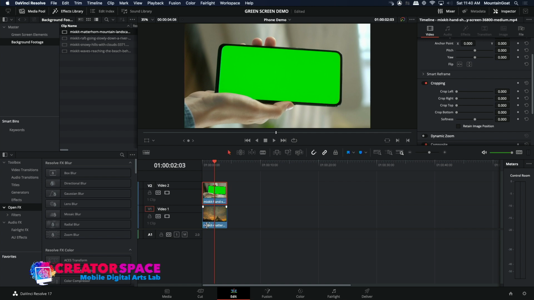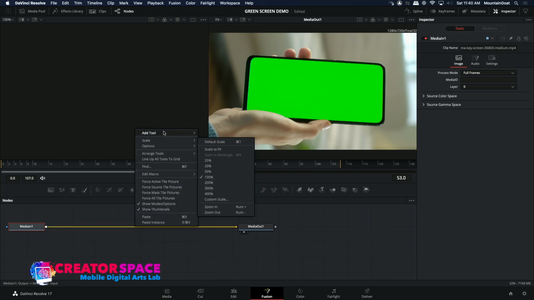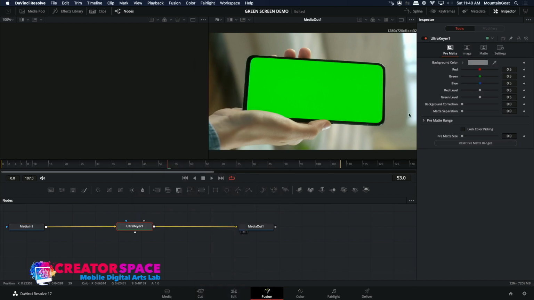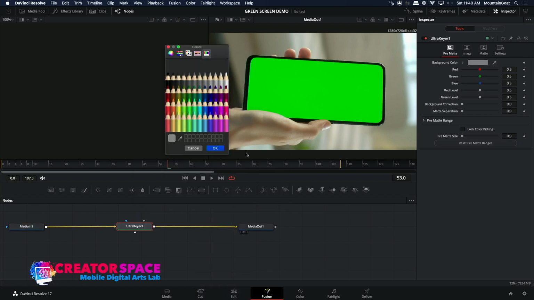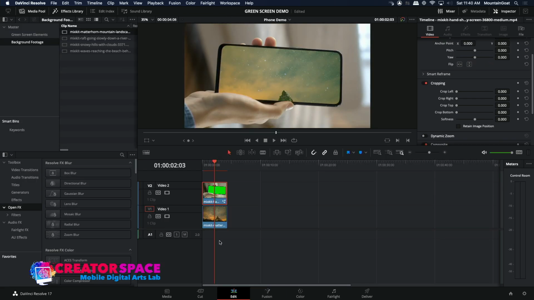Okay, so now we know the drill. We go to Fusion. We're going to be experts in this green screen compositing right away. So now here I'm going to hit Add Tool, Matte, Ultra Keyer, right? So we got that. Background, get our eyedropper, choose the green, hit OK, and it removed the green of the phone. I'll go over here to the edit, and you can see now the phone is showing that Matterhorn footage,